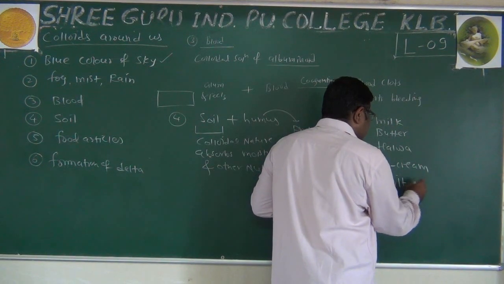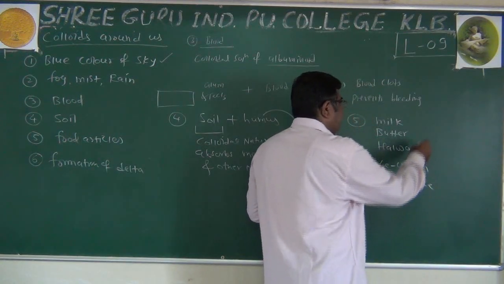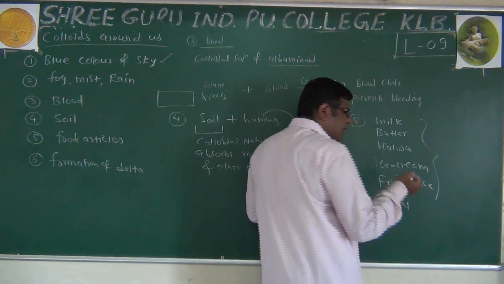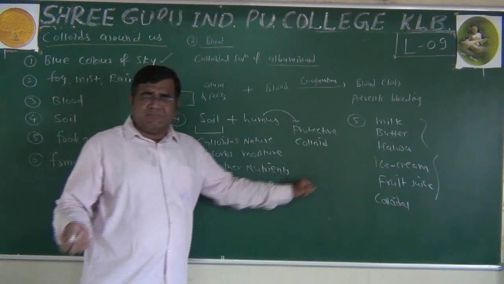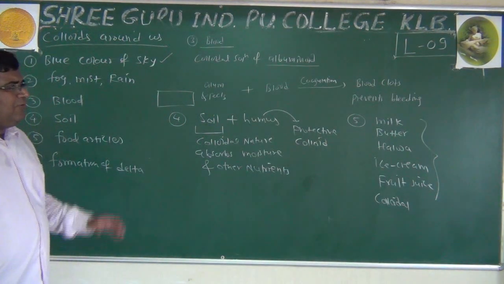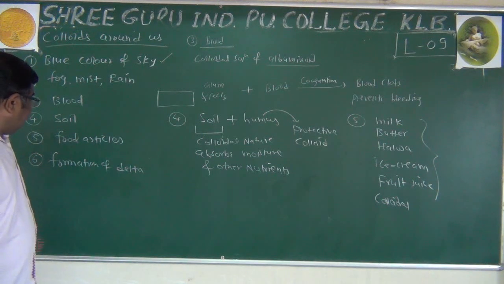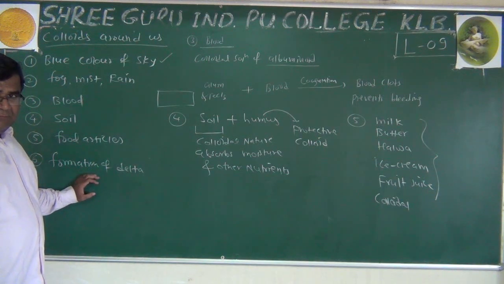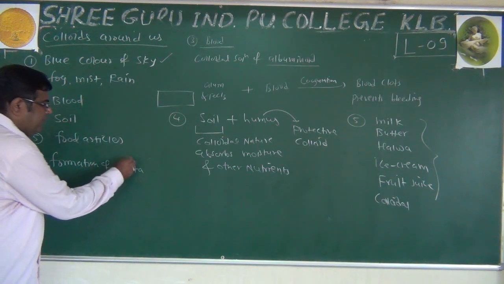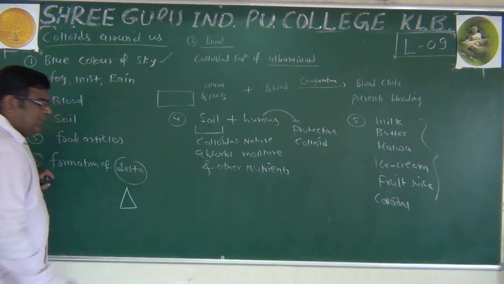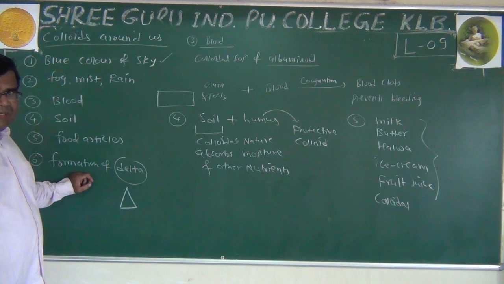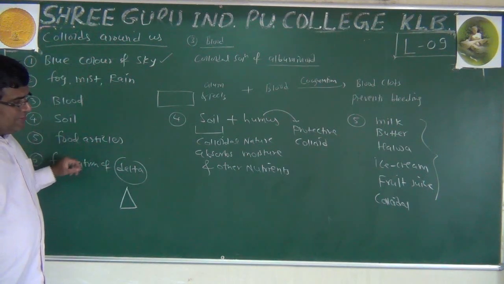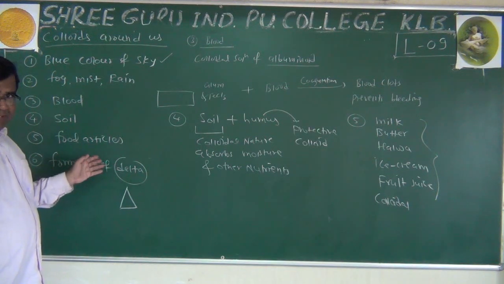Yes, these are the items which we consume, and they all are colloidal in nature. One or other type of colloids. Some are emulsions, some are so on, but they are of colloidal nature. Formation of delta, a very important geographical feature, is triangular in shape. The Sundarban Delta is very famous, the largest delta in the world, which is present on the Ganga river and